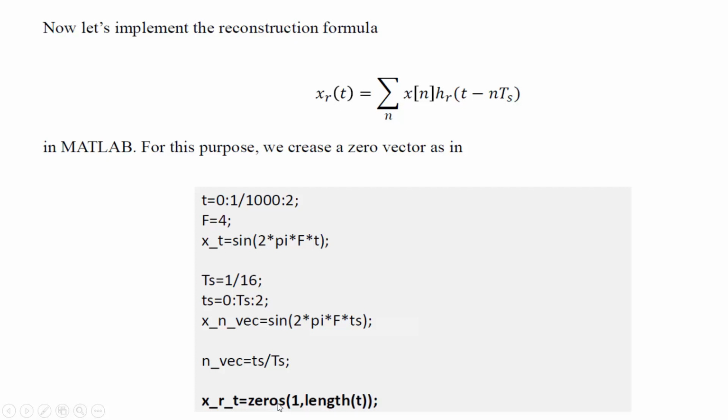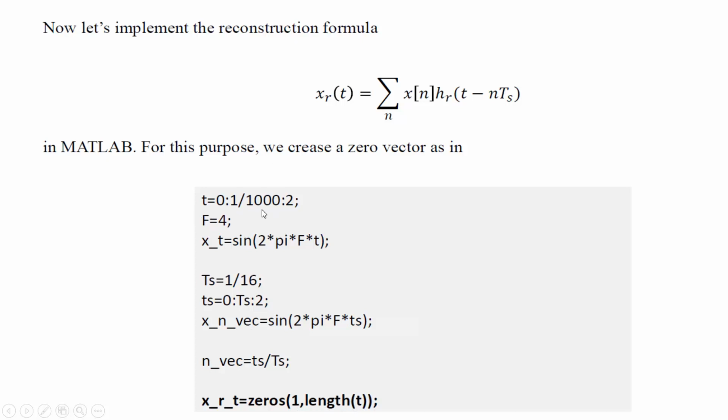I create a zeros vector whose length is from 0 to 2 with step size 0.001. So I fill this vector with all zeros, going from 1 to the length of this time vector.